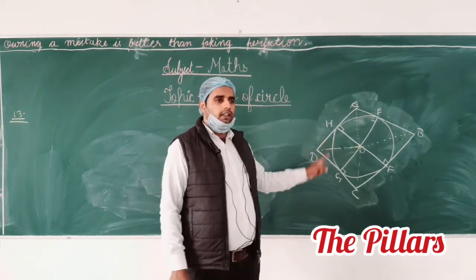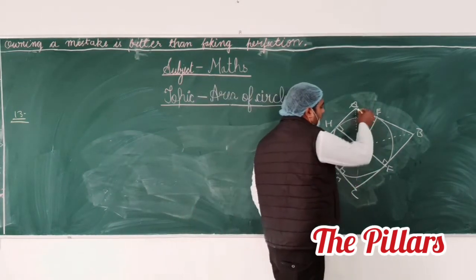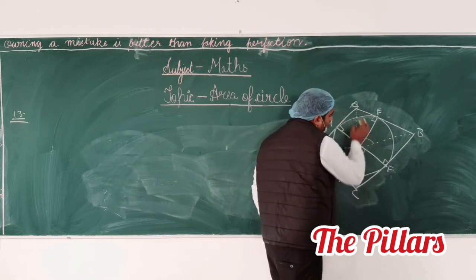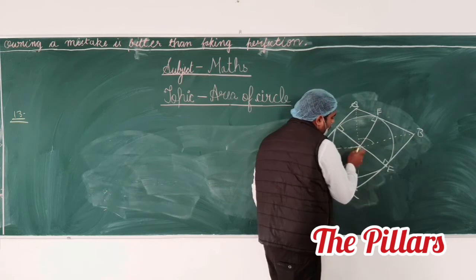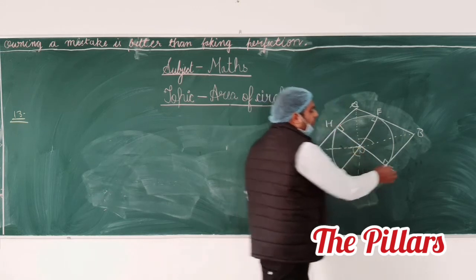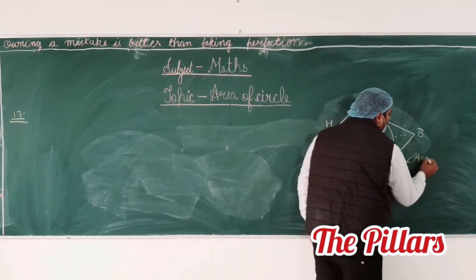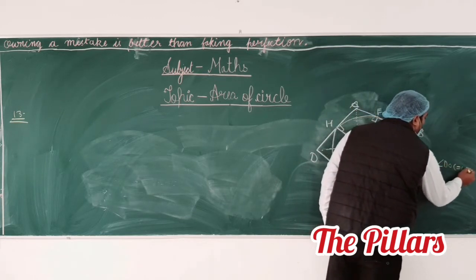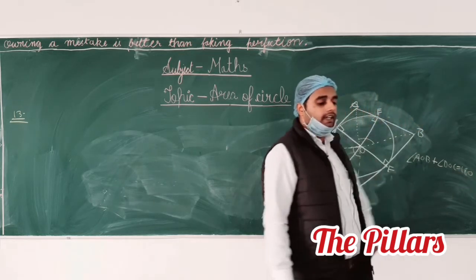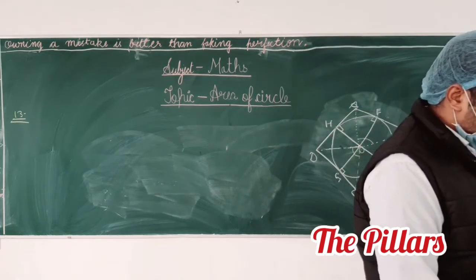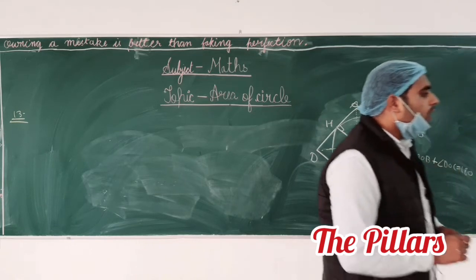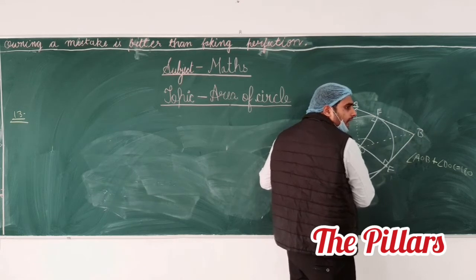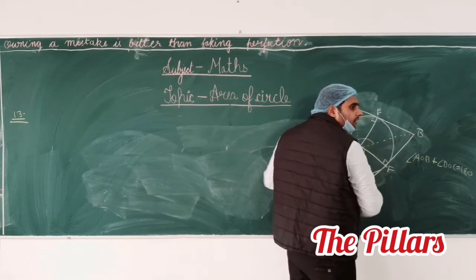O to D. The question tells us to prove that angle AOB plus angle DOC equals 180 degrees. We want to prove that angle AOB plus angle DOC equals 180 degrees. This question I have asked. The question says prove that opposite sides of a quadrilateral. This is the opposite side. AB and DC are opposite sides of the quadrilateral, and these make supplementary angles at the center.